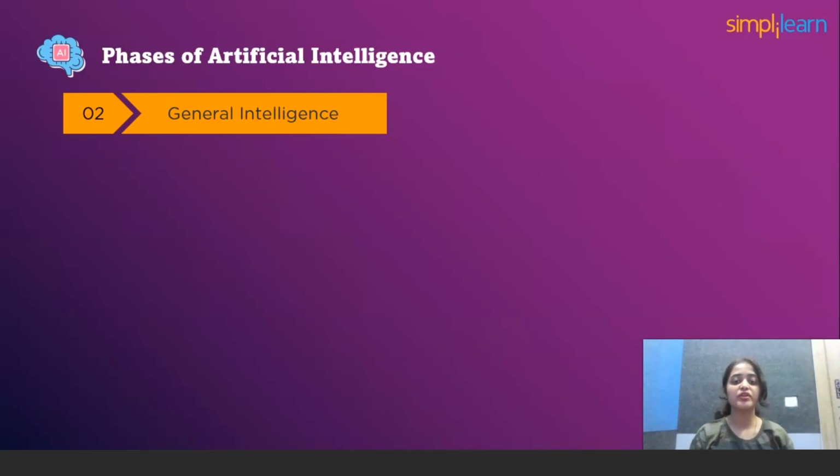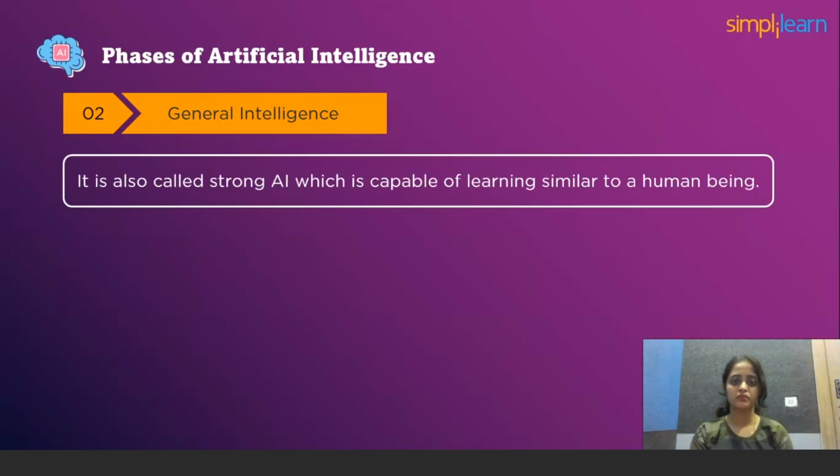General AI, also referred to as strong AI, is capable of learning and comprehending any intellectual endeavor that a person is capable of. It enables a machine to use knowledge and abilities in various situations. AI researchers have not yet developed strong AI. They would have to find a method to program computers with a complete range of cognitive abilities with the necessary consciousness. Companies like Microsoft are investing heavily in this technology.